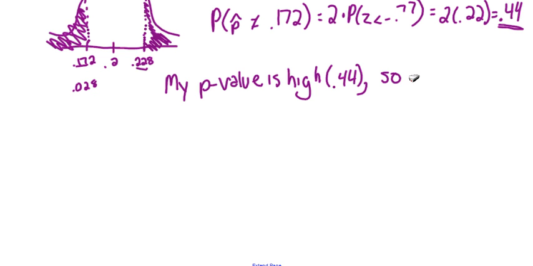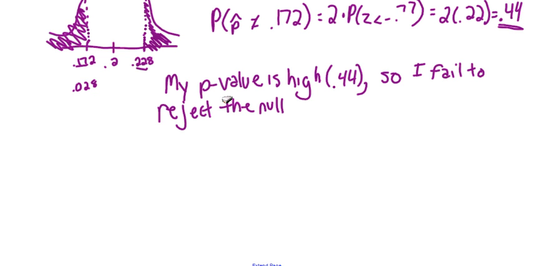So I fail to reject the null hypothesis. Since I'm failing to reject the null hypothesis, I'm saying that the 20% claim is okay, and that there is no evidence